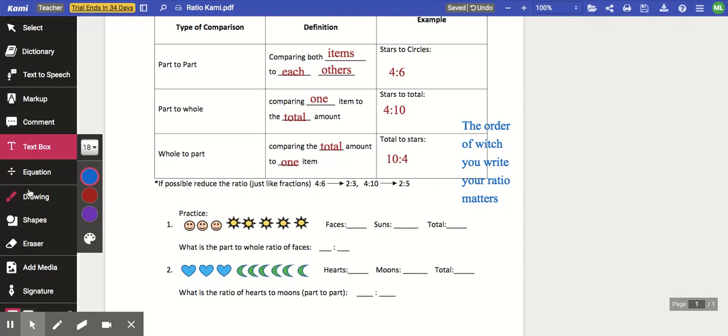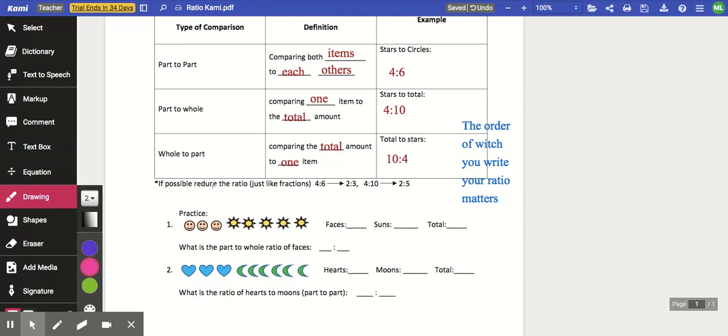And then we can also, if possible, reduce the ratio. We do this just like fractions. So the first one is stars to circles. We take the 4, we plug it into our calculator, divide it by 6, and we get 2/3. We'll say a fraction of 2/3. You write it as 2